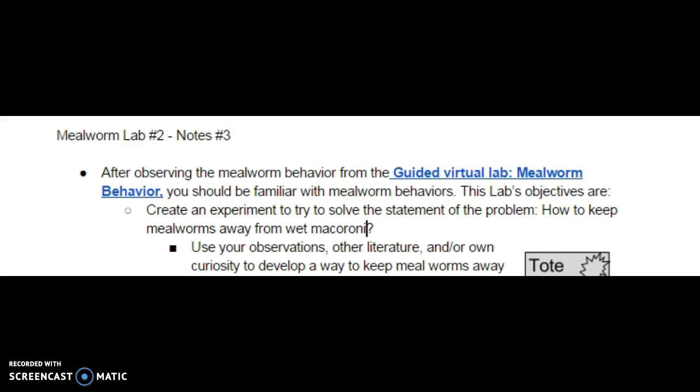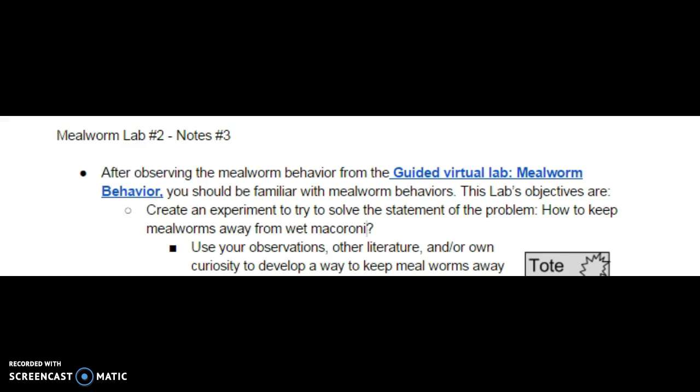Notes number 1, and instead of doing questions 1 through 2 and the Bran experiment, instead you're going to be doing your own experiment and use the guided virtual lab of the mealworm behavior to develop a different experiment. The experiment that you will be trying to solve is called How to Keep Mealworms Away from Wet Macaroni. You will use your observations in other literature and/or your own curiosity to develop a way to keep mealworms away